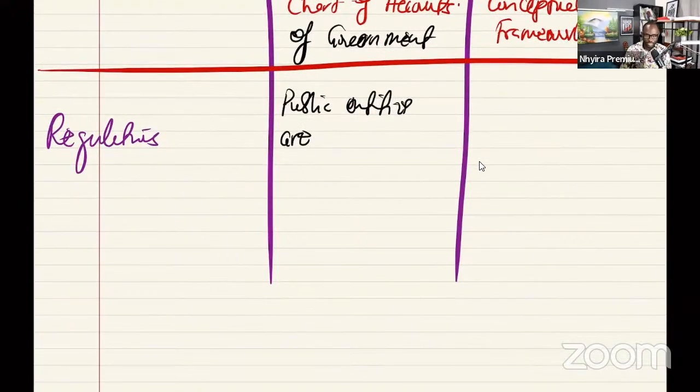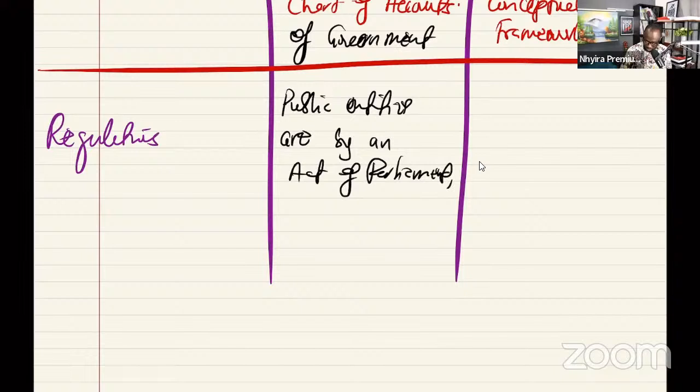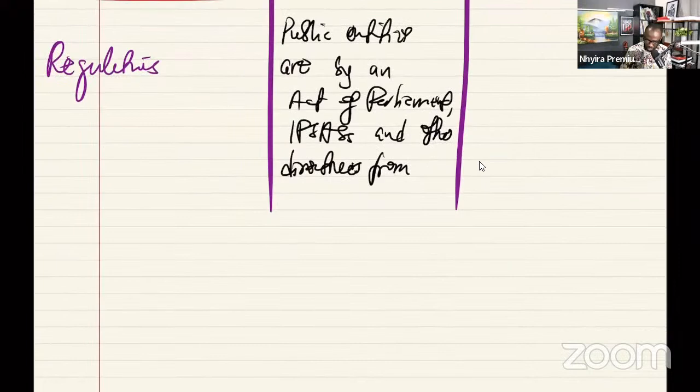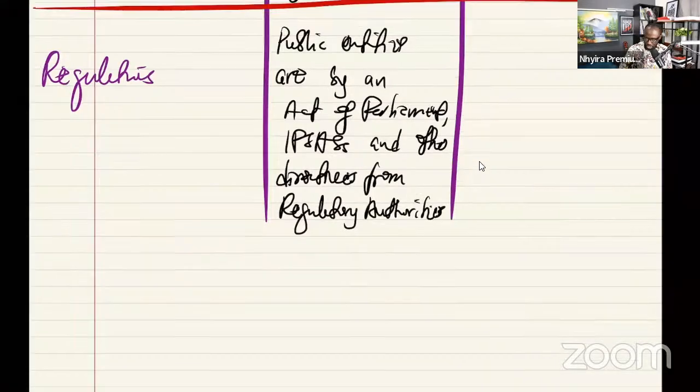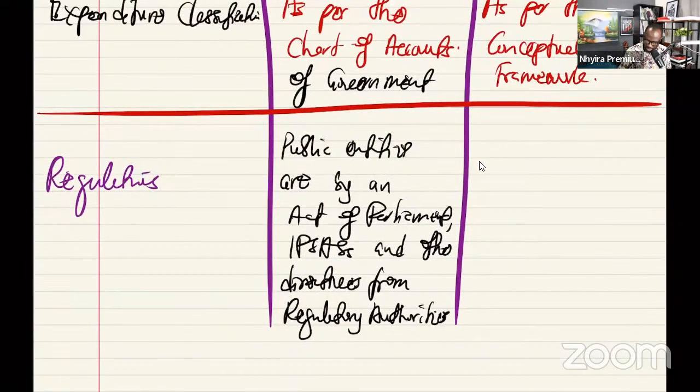So public entities are regulated by an act of parliament, the IPSAS, and other directives from regulatory authorities. But private sector entities, they are regulated